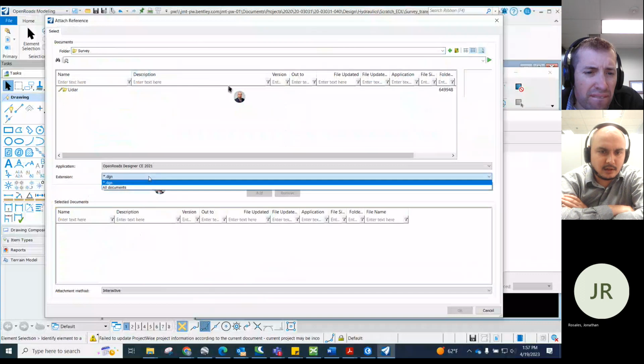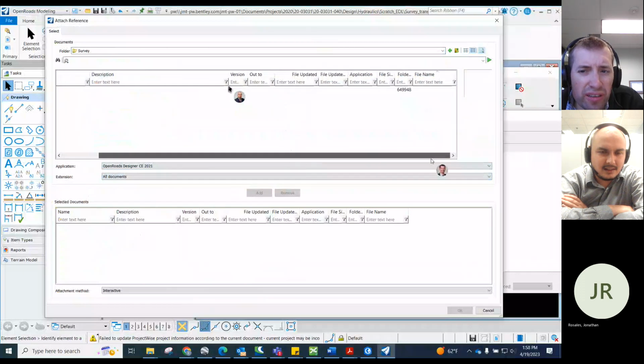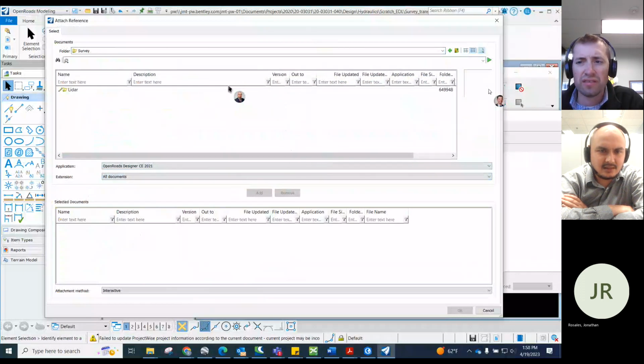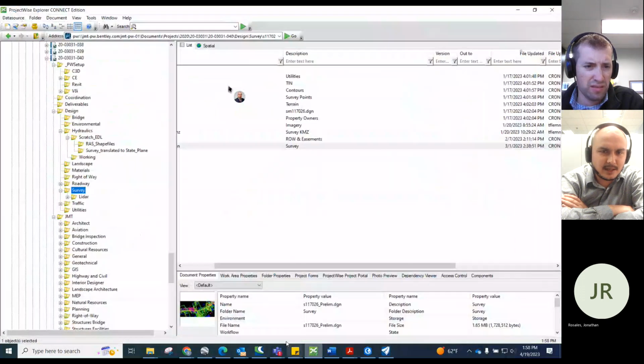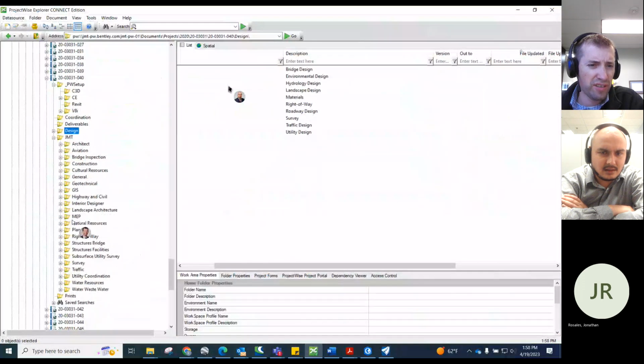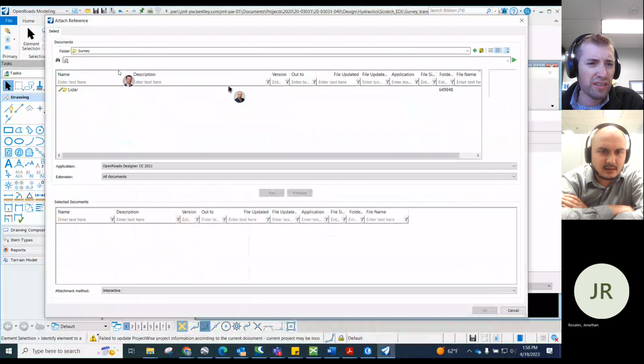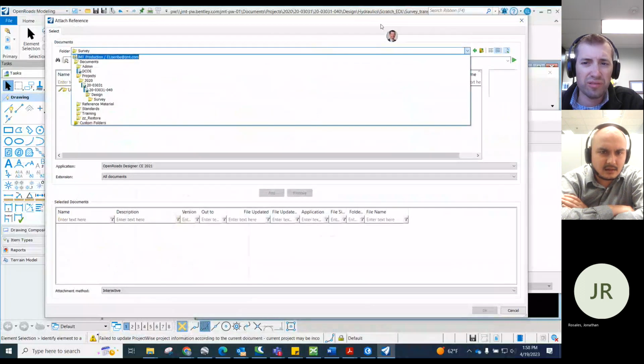Well, maybe just do all documents. So weird. Is it not under the survey folder? Can you check the original folder, in your ProjectWise? Oh, design survey, that's what it is. Wait, is that what I did?